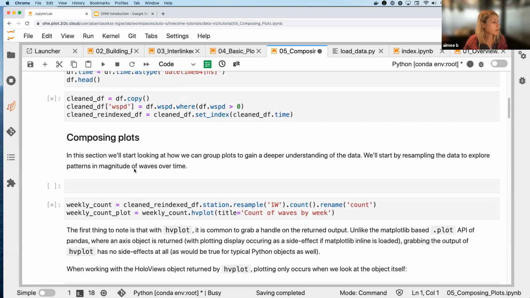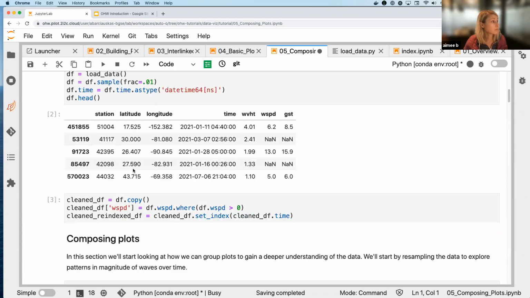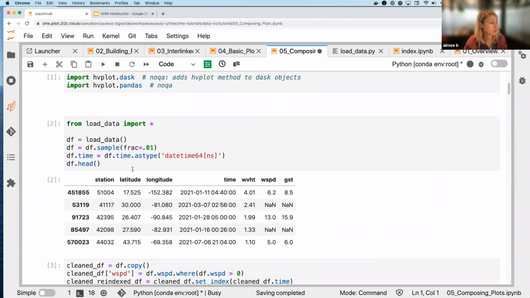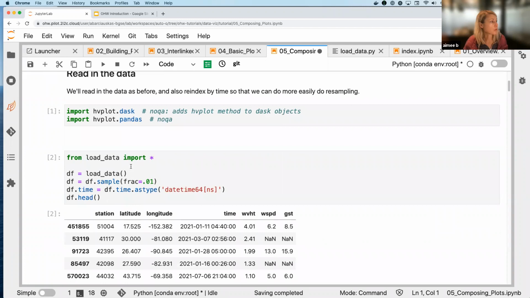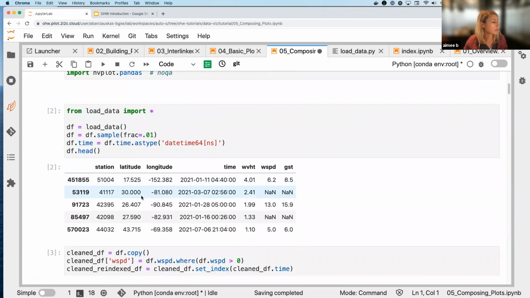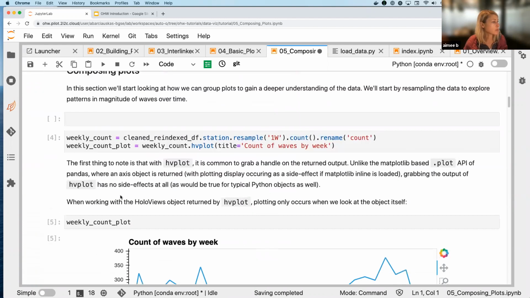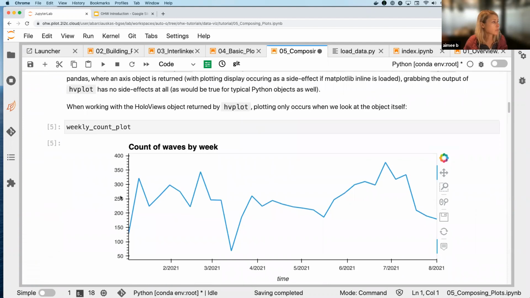So this is going to also show us how to map this. So getting into using actual map tiles with some OSM tiles. Here we've loaded in the data again, and we're just going to basically create some time series plots, and then we can put those two time series